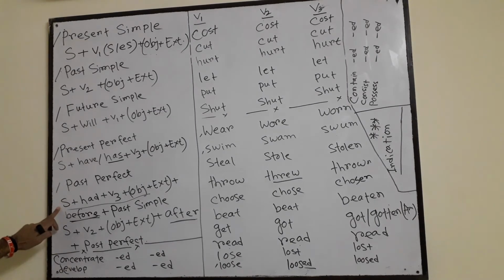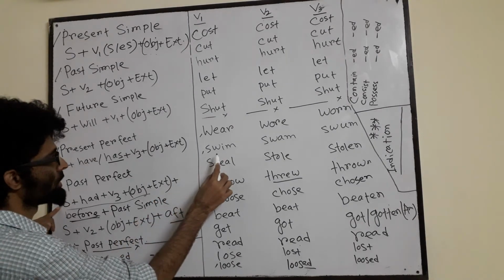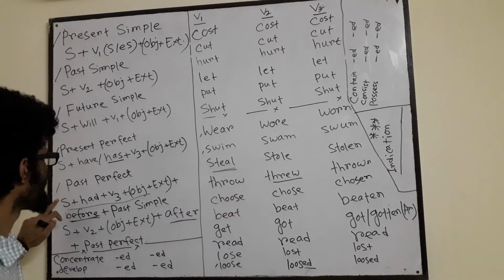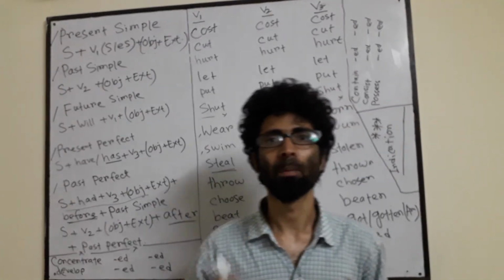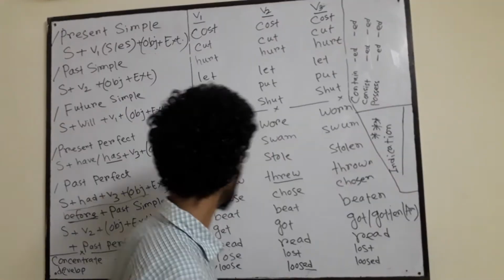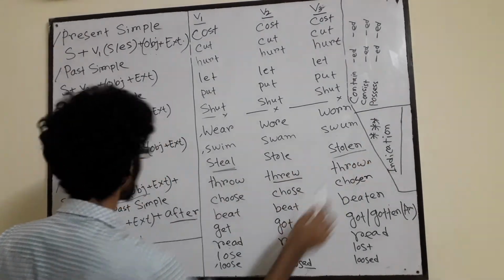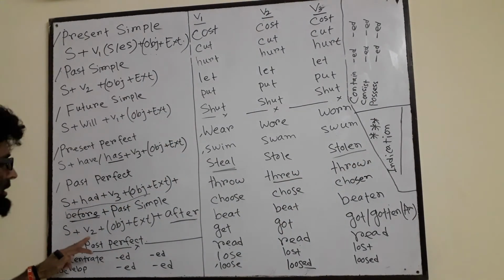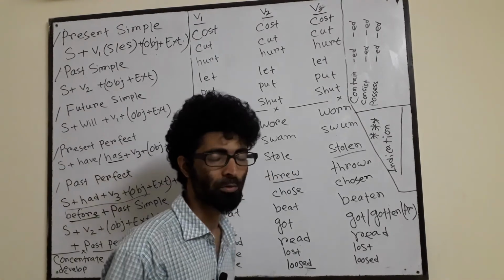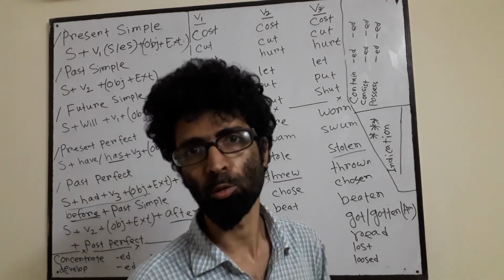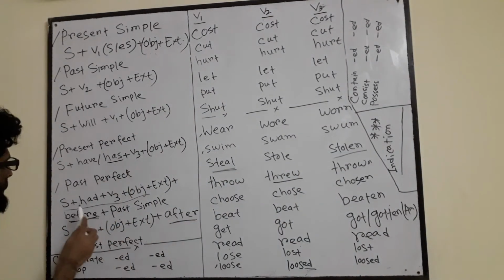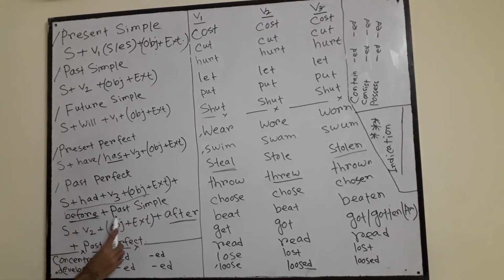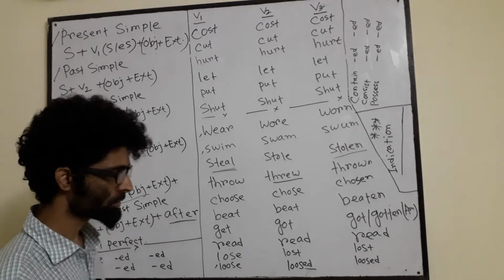So now we can give an example. Suppose this one: You had stolen the mobile phone before the police caught you. See, before the "before" part we have to use past perfect tense, but after the "before" we have to use past simple. Okay, but when we use "after", suppose